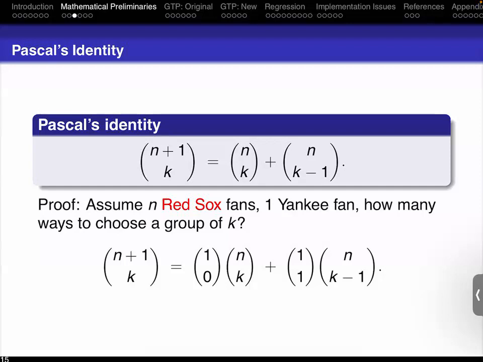What's interesting is if you look at this formula, this is a lot more symmetric. Notice that all the tops add up to n+1. Notice all the bottoms add up to k. When you look at the original formula in the box, there's this asymmetry. Sometimes the tops are n, sometimes it's n+1. Sometimes the bottoms are k, sometimes the bottoms are k-1. Why don't we write 1 choose 0 and 1 choose 1 in the formula? They're both 1. So unfortunately, when you drop them, because there's no need to put in the 1, it makes the formula a little bit more mysterious as to where it's coming from.